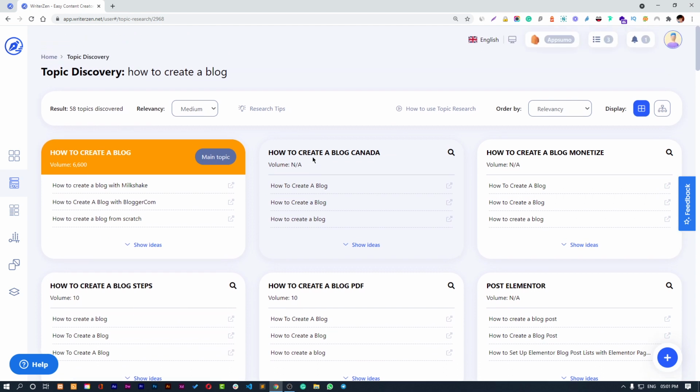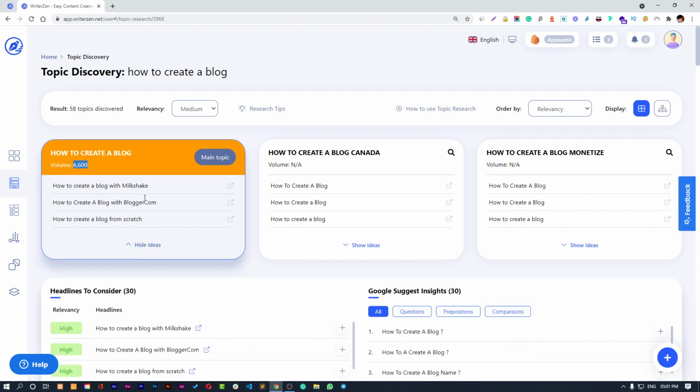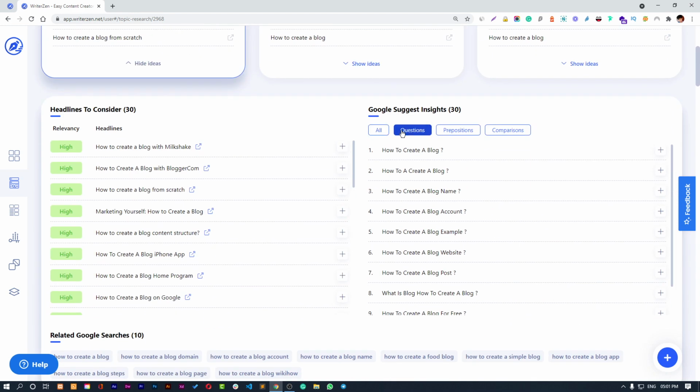You can see that this has a completely insane volume of 6600, and it is recommending it as a main topic because of that only. You might think so, but not that at all. They have some complete algorithms there. These are the websites that it has taken into that cluster, and you can check out all of them by just clicking on this external link, or you can add that to a list. And here are some questions from Google, and you can use the prepositions and comparisons.